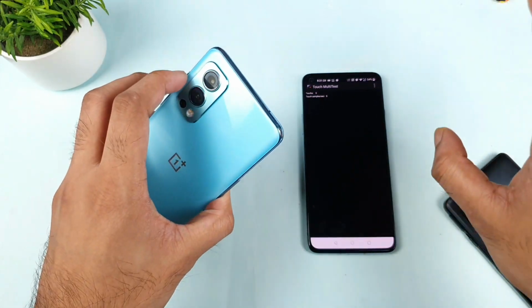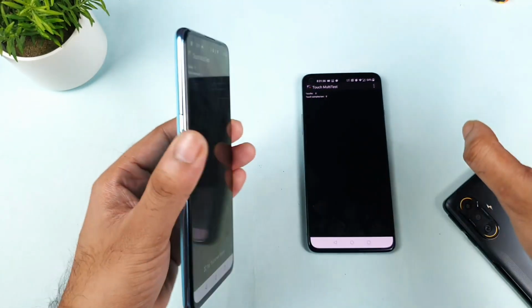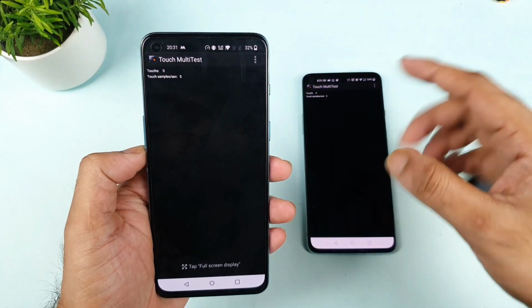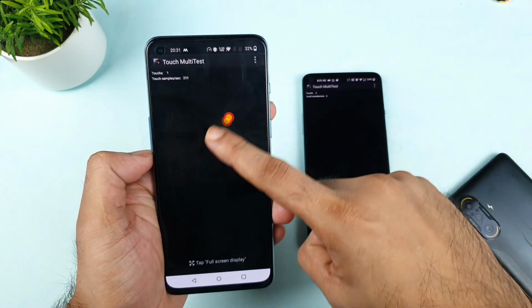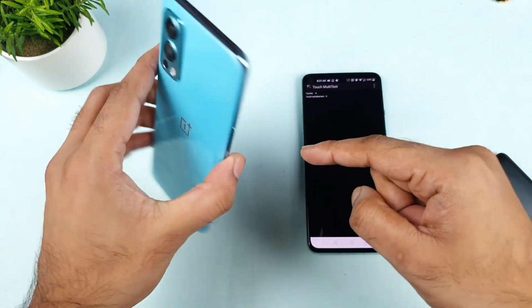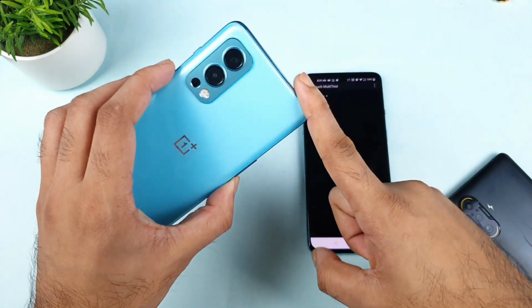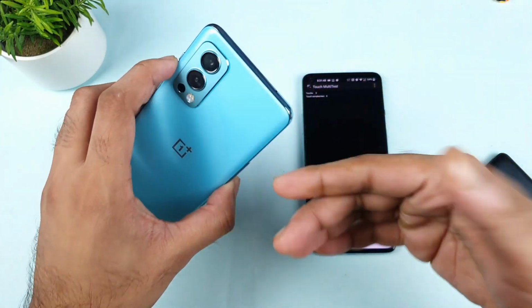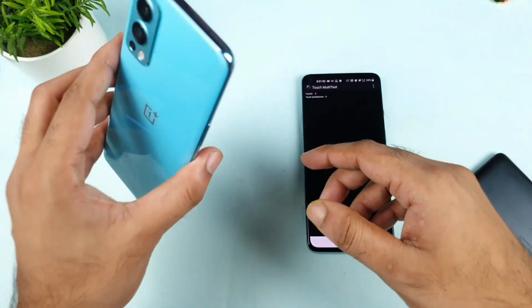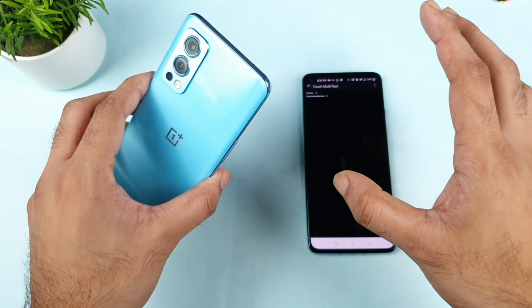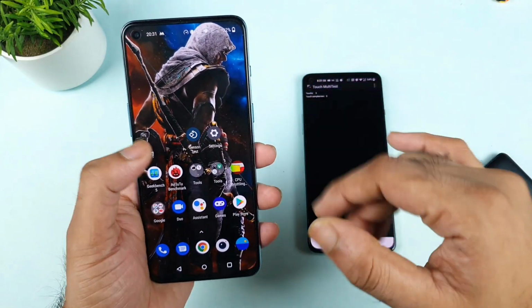The Realme X1 Max is at least better: I got 240 Hz there. But this phone has only 120 Hz. That's a kind of problem. I'm not sure what is happening. Maybe because of this, a couple of users are feeling lag and delay, a very slow touch response issue in the OnePlus Nord 2. I'm not sure exactly, but this is an issue going on in the OnePlus Nord 2.